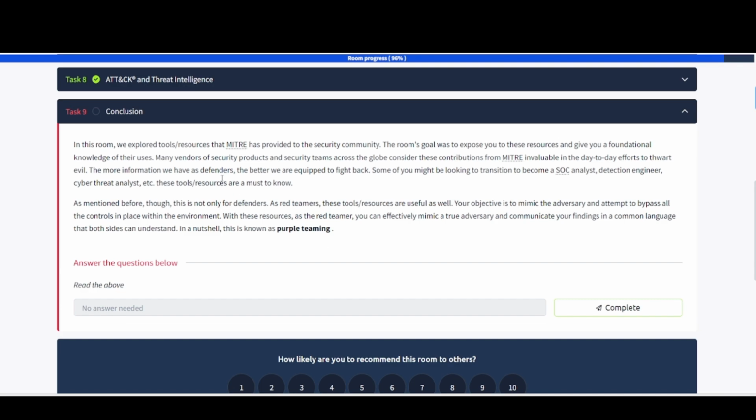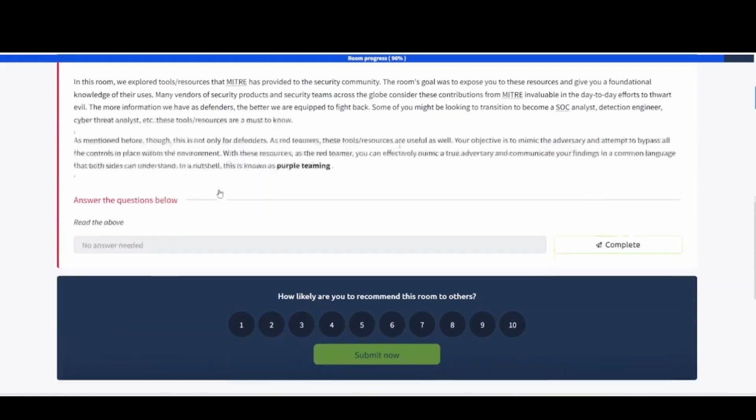So you will come across MITRE at some point in your cybersecurity career. All right, we use it quite often. I've used it quite often in my career, as well as referencing other frameworks like NIST, other things out there like that. But MITRE is very popular and well known in the cybersecurity space. I recommend familiarizing yourself with MITRE ATT&CK, how to properly utilize it to make your environment more secure, because you'll probably get asked this on an interview or maybe even on an exam or something like that.